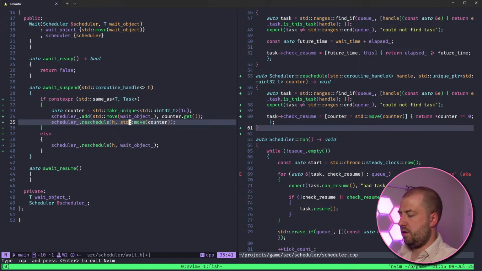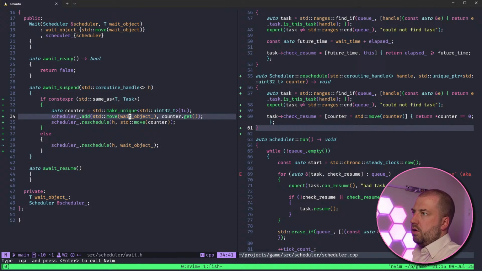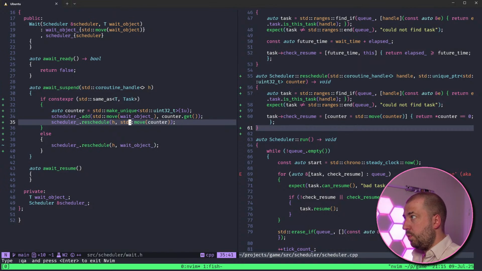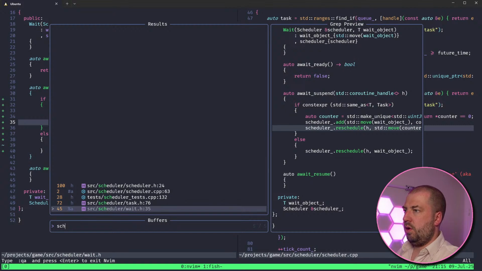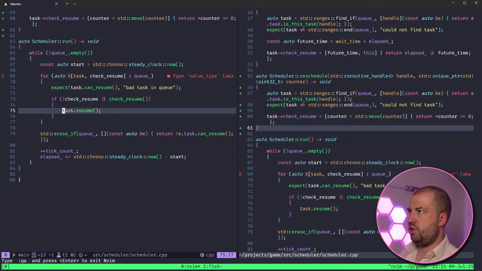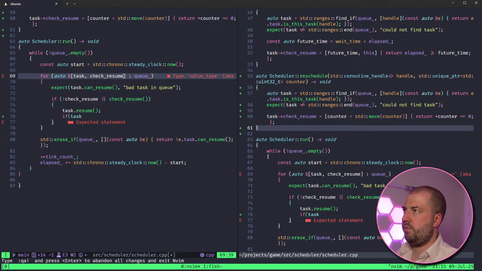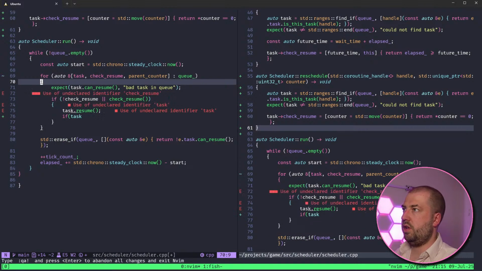No, it's not multi-threaded. Okay, fine. So we create the counter, we set it to 1. When we move in the child task, we are scheduling the child task. We're saying, here is your pointer. And then when we reschedule the parent, we give it ownership of that memory. And then all we have to do is, whenever we resume a task, we just do if, hang on. Counter, all right. Steady.